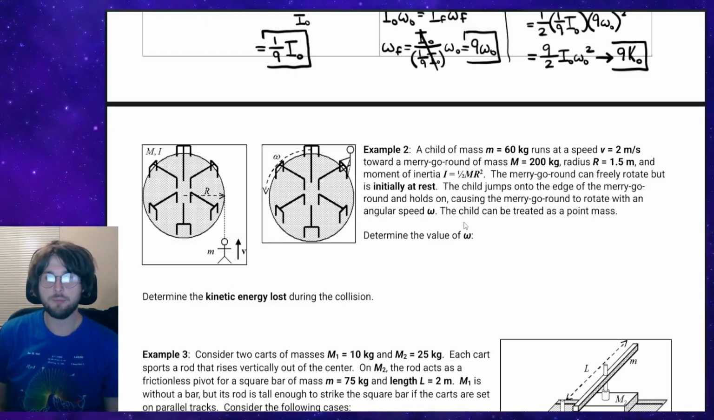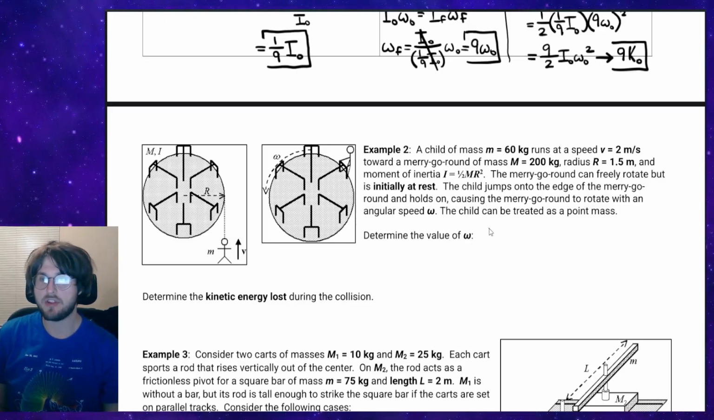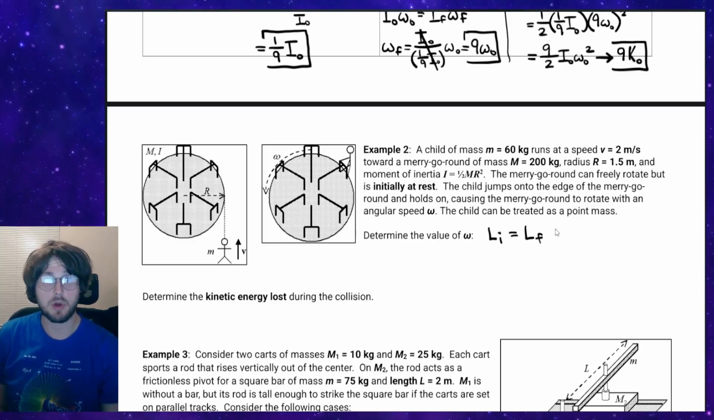So starting off, we need to figure out the value of the angular velocity that the whole package is gaining at the end. And again, this is a textbook conservation of angular momentum question. So our initial angular momentum, whatever that may be, has to equal the final. So initially, we effectively just have a point mass running towards this thing. So this is a really good use of that point mass formula. So the mass of the child times the velocity that they're traveling at, times the distance away from the merry-go-round